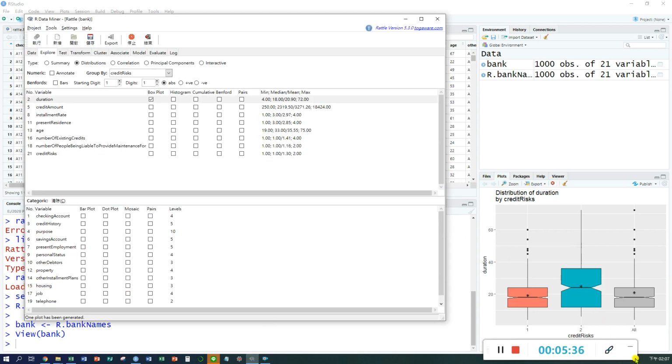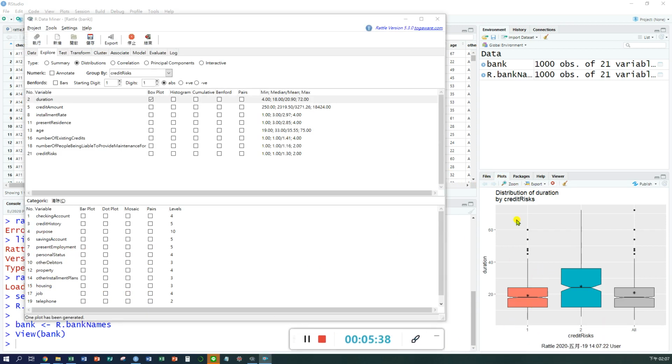In this diagram, you see the distribution for the duration variable. What is duration? It is how long you have had business with this bank. If I have had business with this bank for 2 years, the duration is 24